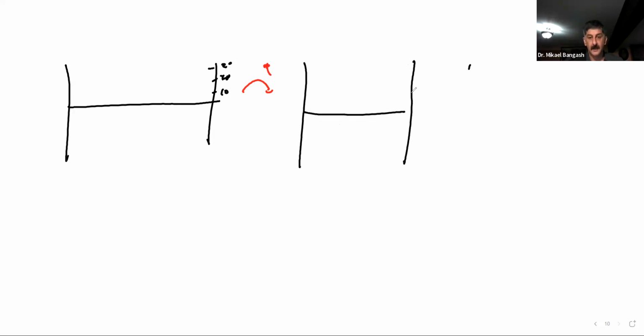It doesn't change, but now it may go, let's say, 50, 100, 150. So a scale that before was like this,